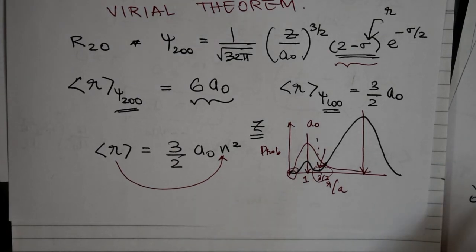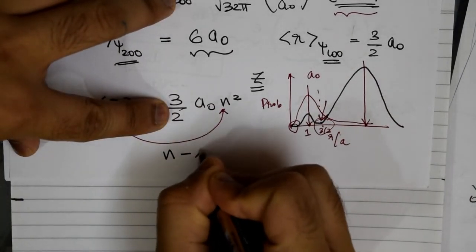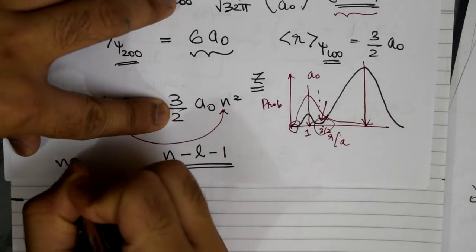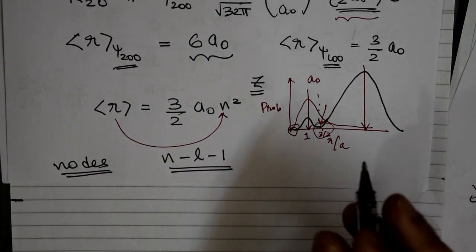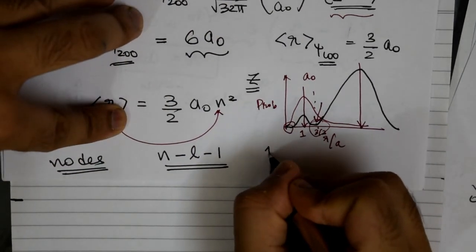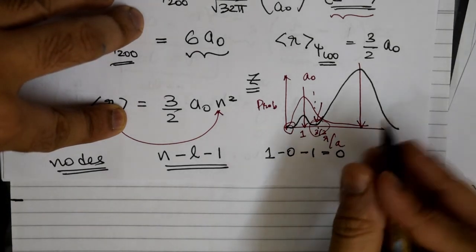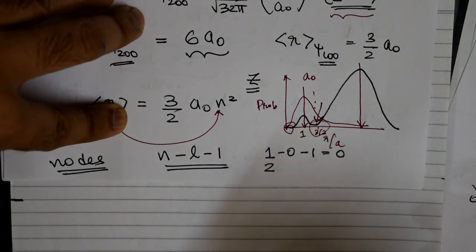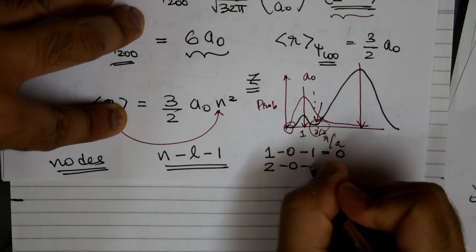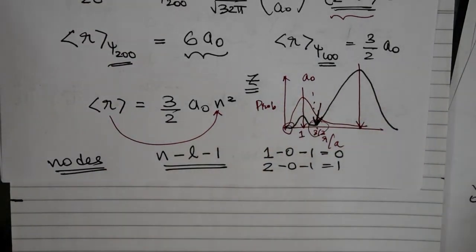Okay, so as you start going farther away, you would realize that the number of radial nodes will be given by n minus l minus 1. Okay, this matters a lot. So for the s orbital, for 1s you have n equal to 1, l equal to 0, so you have 0 nodes apart from the one at the nucleus. For the 2s you have 2 minus 0 minus 1, so you have a single node that ends up coming here. And for a 3s orbital, in a similar way, you're going to have 2 radial nodes. Of course, this is in addition to any angular nodes that might be present.